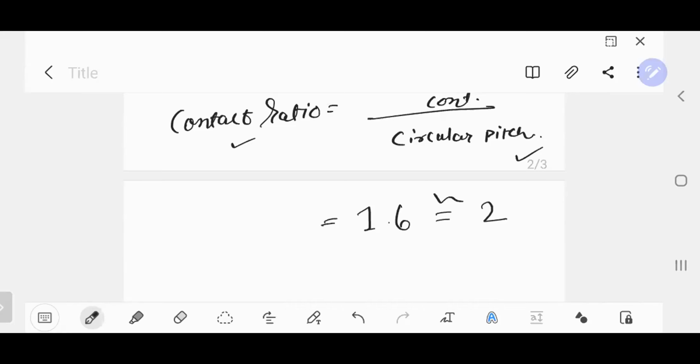So this is the contact ratio. What is the meaning of contact ratio? Just observe the question. In the question, it is written the number of pairs of teeth in contact. So it cannot be 1.6, 1.2, or 1.1. The contact will be 1 pair, 2 pairs, or 3 pairs. So here it is 2 pairs. At the same time, the number of teeth is 2.